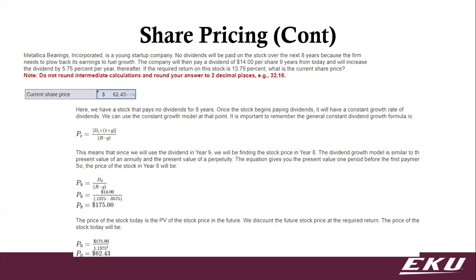Okay. So that pricing formula you see, P_t is equal to D_t times (1 plus g) divided by (R minus g). So we were told what that first dividend would be. If you notice, P_t and D_t, those are the same, right? So it's the same period. If you multiply that D_t times 1 plus the growth rate, that will tell you what the dividend will be next year, right? So it's like P_t, and then if you remove the 1 plus g, it'd be D of t plus 1. Right. So when you look further down where you see price at time 8 and use the dividend at time 9,